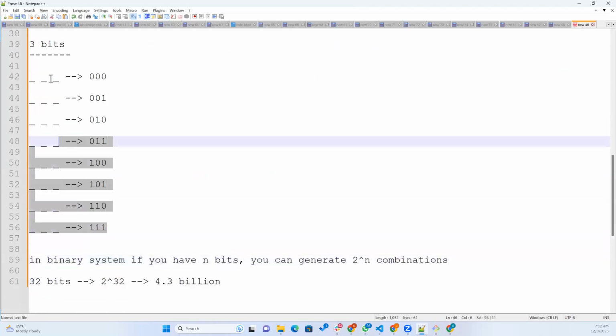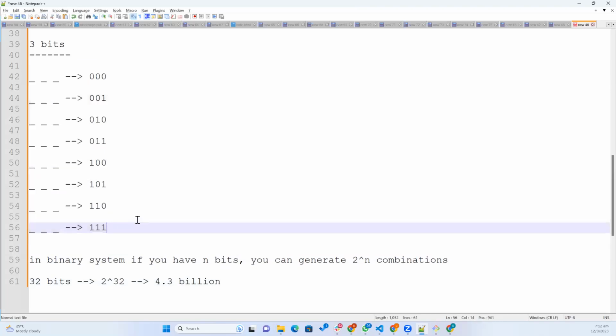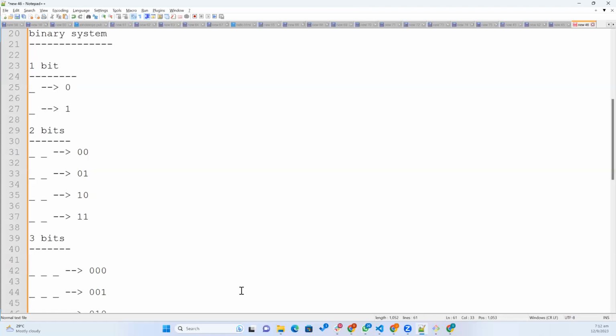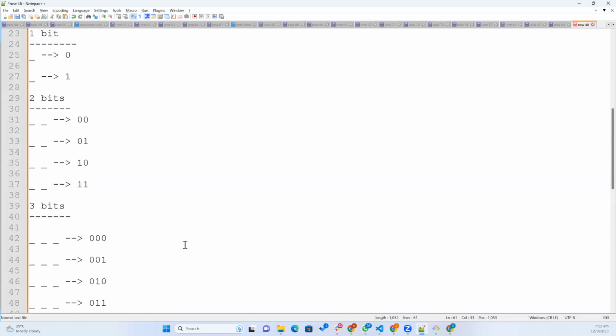And remember this, okay, if you have n bits, 3 bits, you can generate 2 power 3, 8. If you have 4 bits, you can generate 2 power 4, 16 possible numbers. Okay, so this is the base for our IP address in our software. Okay, so again,